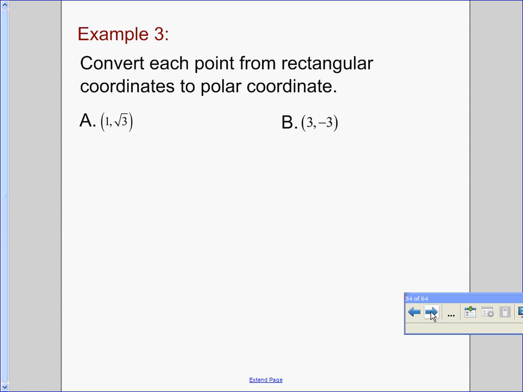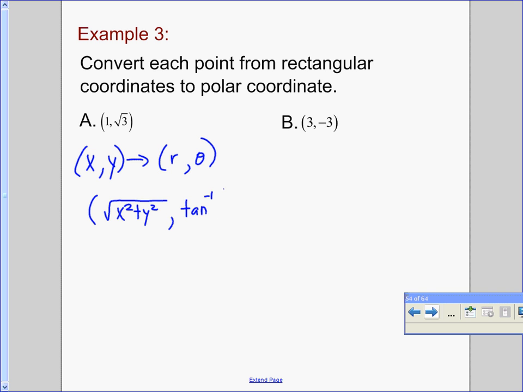In example 3, we're going to convert each point from rectangular coordinates back to the polar coordinate form. So we're going backwards this time. What we need to remember is that we have an xy coordinate, and we're taking that to r theta. If that's the case, then our form is going to be the square root of x squared plus y squared, and then theta is going to be the arctangent of y over x. Okay, so for the first one, that gives us